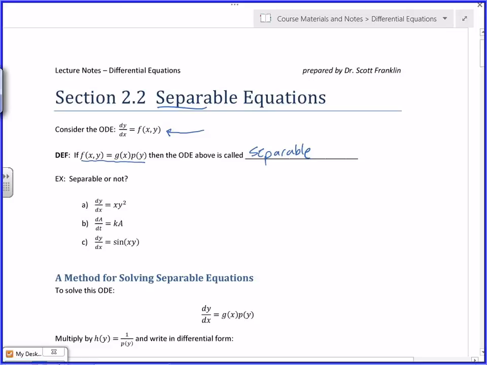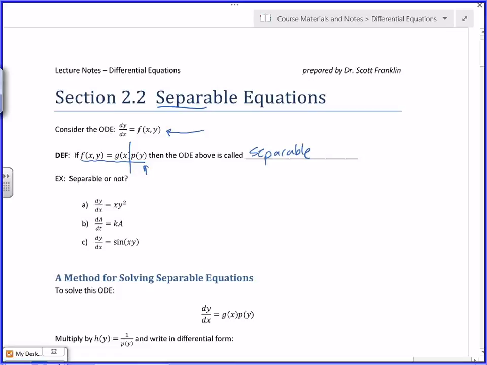If it has the property that the right-hand side, that f of x, y, is a product of a function of only x's times a function of only y's, it's called separable. And that means I can separate these, put all the y's in one function, all the x's in another, and say it's multiplied together. Then I'll be able to essentially move the y's to one side of an equation and the x's to the other through multiplication and division. Okay? So as long as you can write it as a function of x times a function of y, we